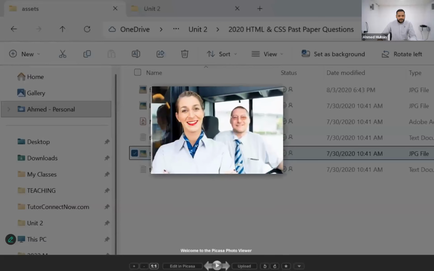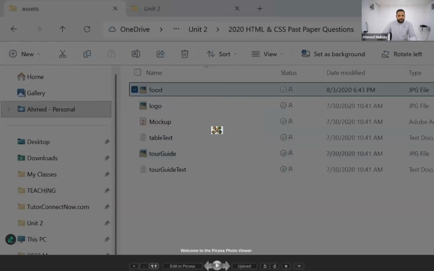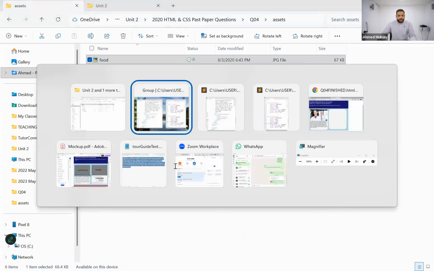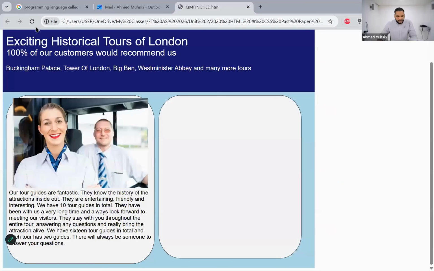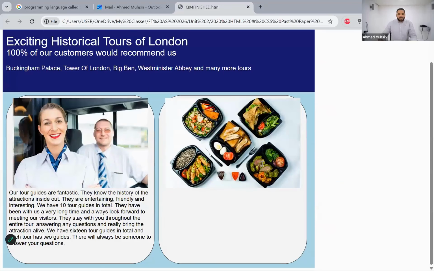Which one do we use, guys? Food. No, we use the food image. So we say asset slash food.jpg. Okay, let's see how it looks. When I refresh my web page, the food image has appeared without a problem. Now what I do is